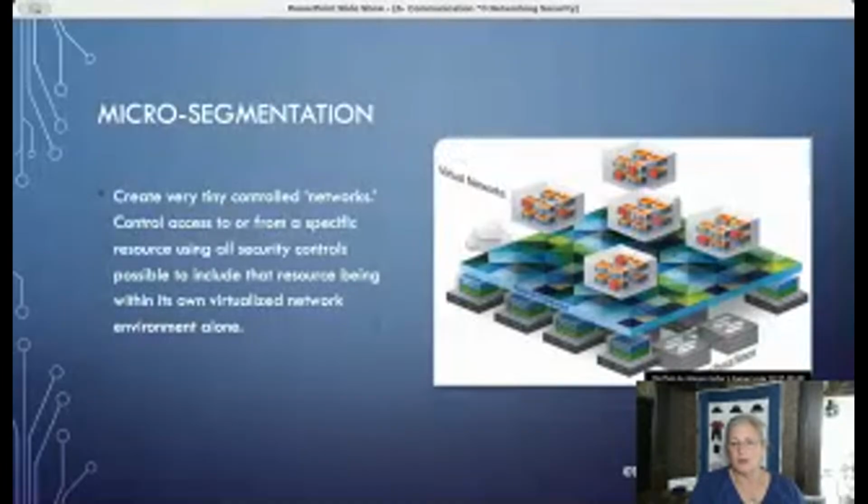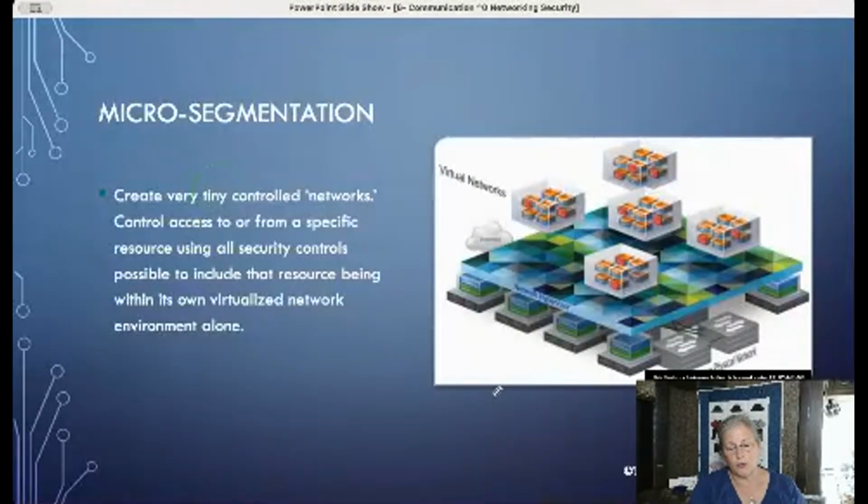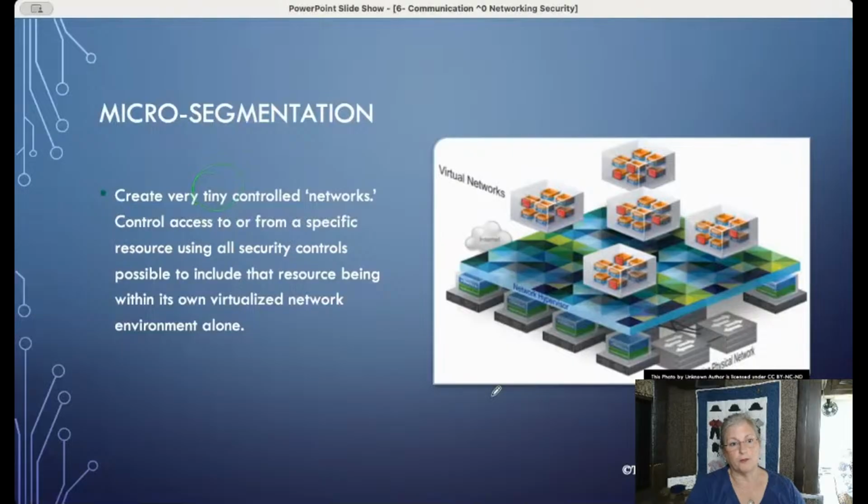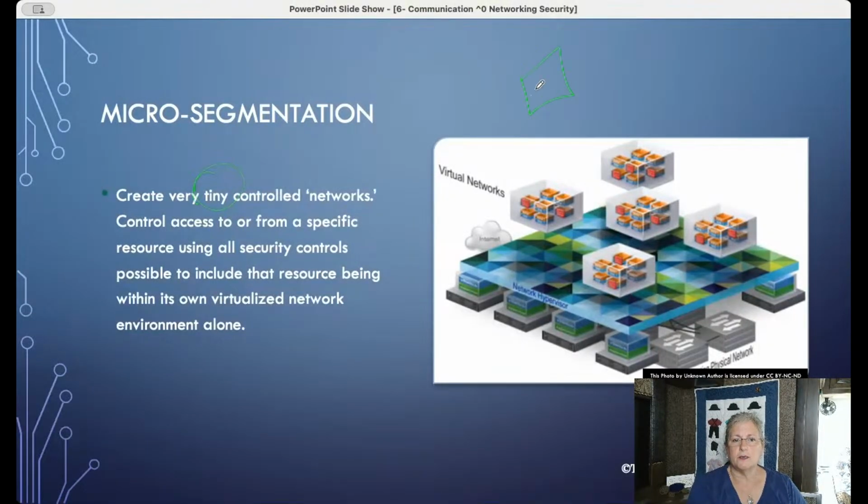Microsegmentation is the idea that we can create tiny little networks. To modify our existing networks to do this is going to be very difficult. But as we move into a virtualized environment, as we move to the cloud, private or public, it is easier to build microsegments as we move. So instead of having a LAN, a switch with all kinds of different devices plugged into it, and then firewalls and other devices to protect it, why don't we customize things a little bit more?